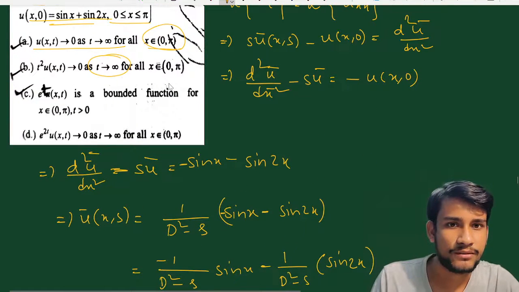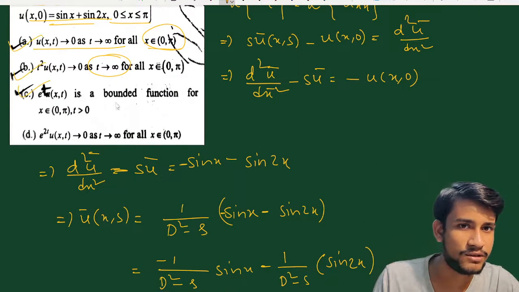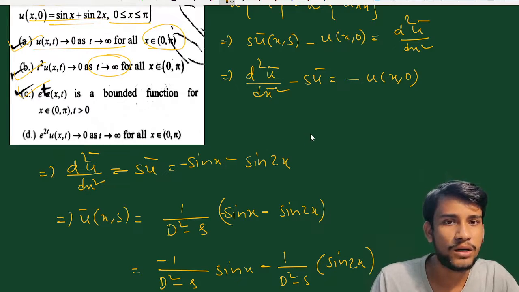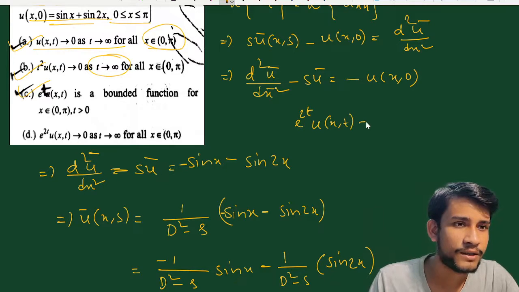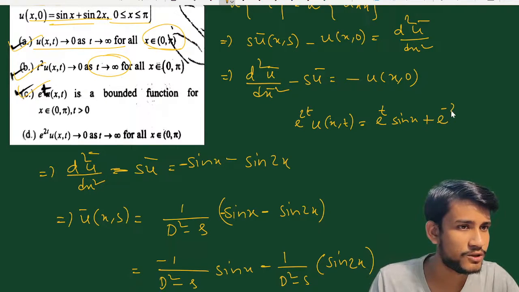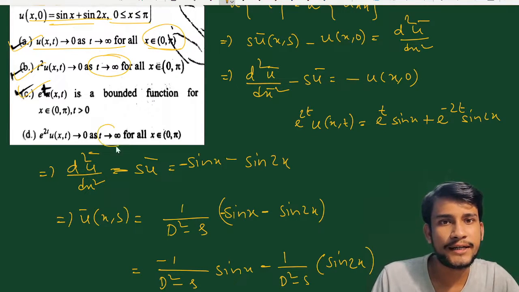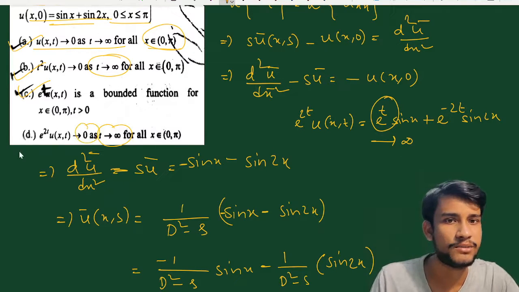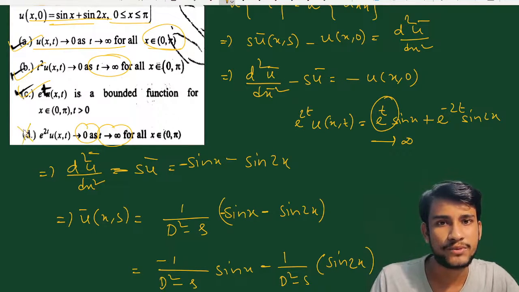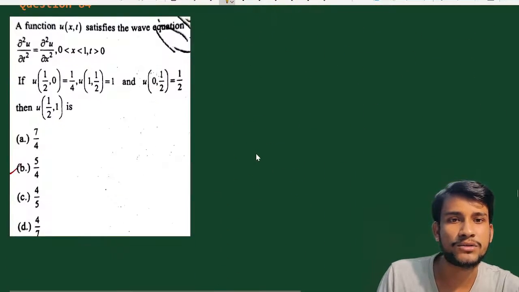तो ऑप्शन सी भी यहाँ पर करेक्ट होगा, ठीक है। तो ऑप्शन ए बी सी तीनों के तीनों करेक्ट है, एंड ऑप्शन डी जो है देखो u(x,t) = e^(2t) u_x, तो ये क्या आएगा देखो, e to the power t आएगा sin x प्लस e to the power -2t आएगा इंटू sin of 2x। तो देखो यहाँ पर ये t टेंड्स टू इन्फिनिटी में ये जो टर्म है ये क्लियरली इन्फिनिटी तरफ जाएगा, ये कभी भी 0 की तरफ नहीं जाएगा, ठीक है। तो इसलिए यहाँ पर डी ऑप्शन इनकरेक्ट है, ठीक है।